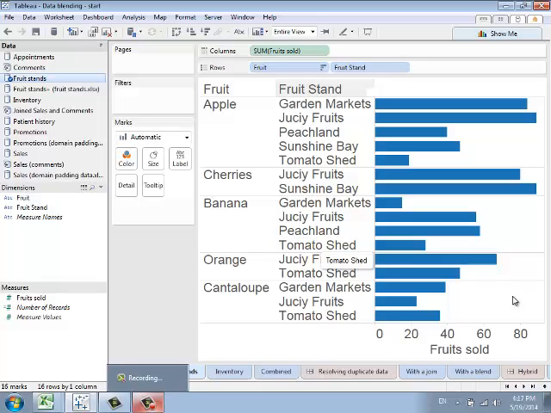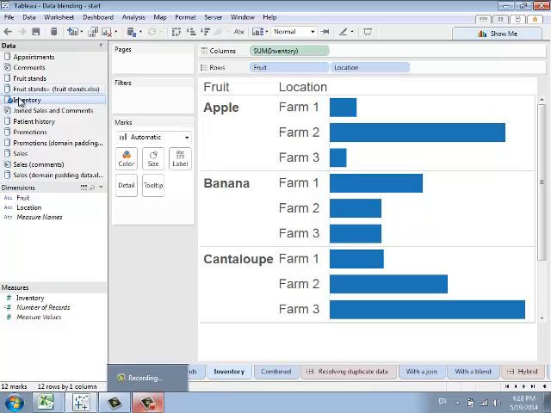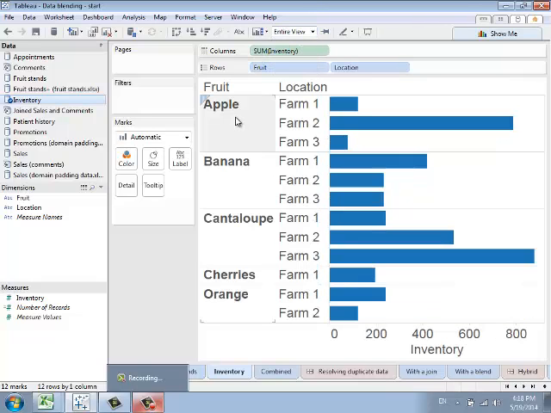So that's one table. Then we've got another table here on inventory, right? So this is now a completely separate data source. In this data source, again, I've got fruit, and I've got providers, suppliers, I guess is probably a better way to say it. So suppliers of that particular fruit. So 3 farms supply apples, and just 1 farm supplies cherries. And then this is telling me the total inventory or the total supply that each of those farms has of